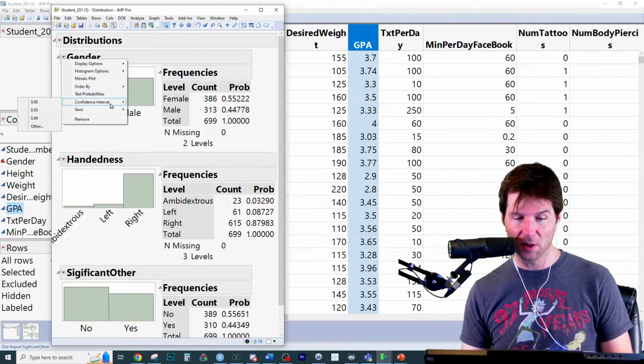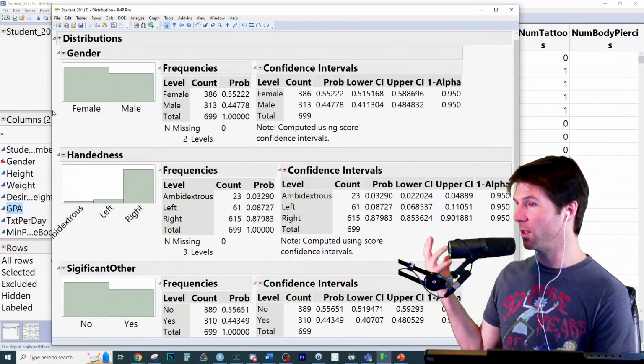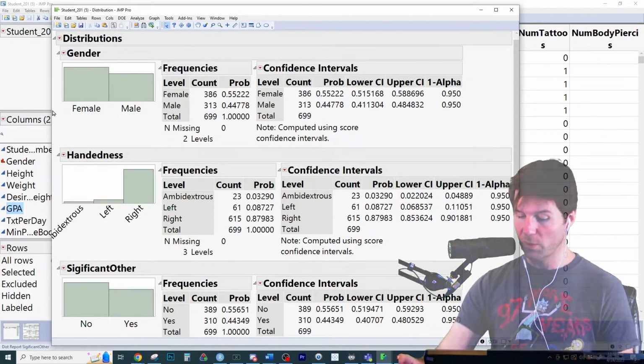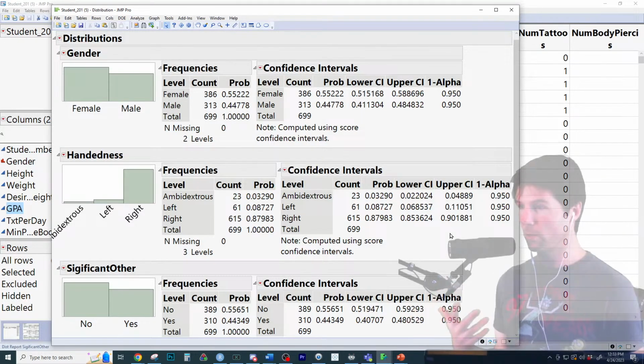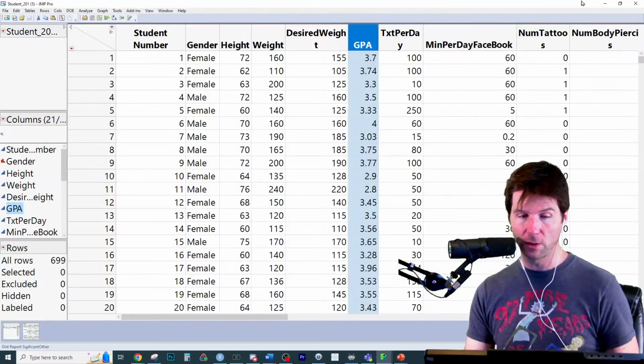So I'm going to go to confidence interval and 95%, and there's 95% confidence intervals for all these different things. I am 95% confident the true proportion of UT students who have a significant other is contained in the interval 51.9% to 59.2%, which is good evidence that more than 50% of UT students have a significant other. I am 95% confident the true proportion of UT students who are right-handed is contained in the interval 85.3% to 90.1%. As long as you know what you're looking at, you know what you're interpreting. So that's confidence intervals for the proportion and just how quickly we can do them.